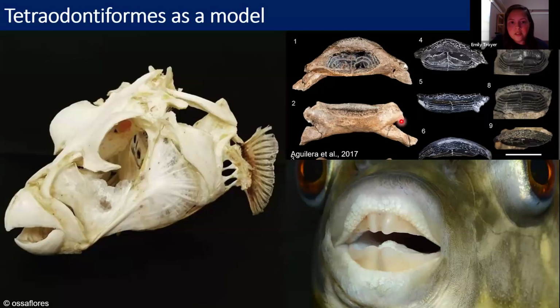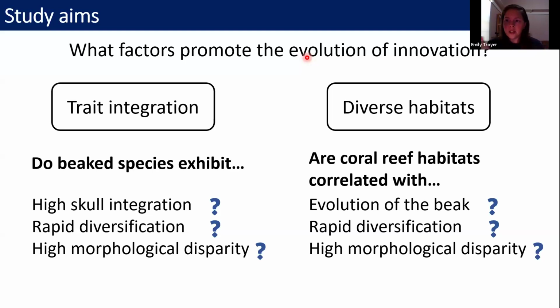Beaked species possess a pair of very hard tooth plates, which aid them in crushing very hard-bodied prey, such as crabs, clams, and other bivalves. So here, using tetradontiform fishes as our model, we wanted to investigate the factors that promote the evolution of innovation. The tetradontiform beak represents an extremely divergent morphological structure, and thus we may expect that the skulls of beaked species will exhibit higher levels of integration and also evolve more rapidly and be more morphologically disparate compared to skulls of